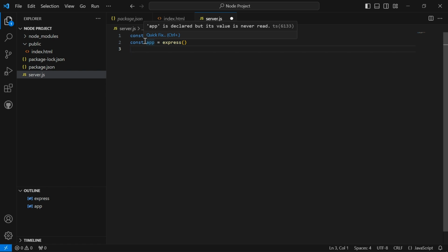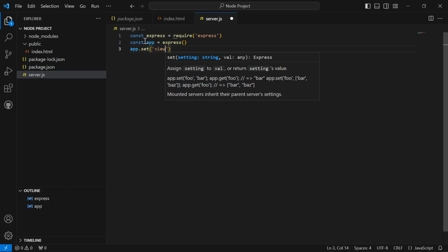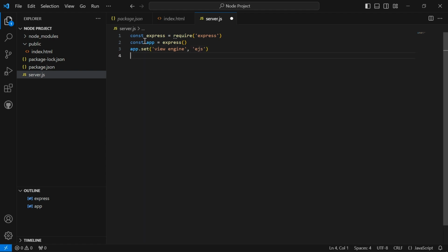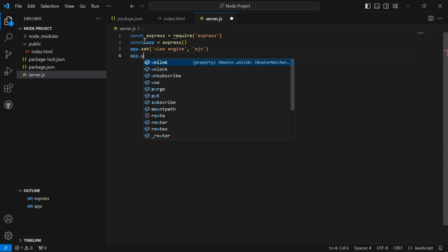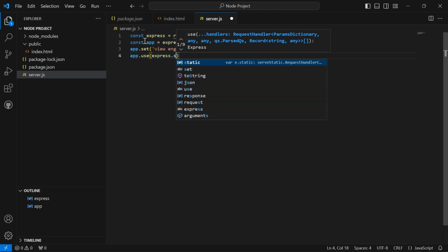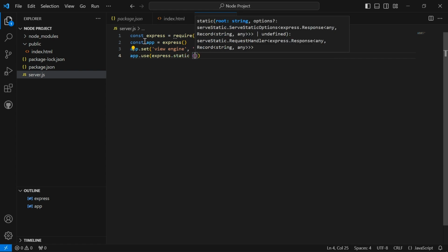So let me set up the view engine. app.set('view engine', 'ejs'). Next, app.use(express.static()), and we'll put the public folder here.